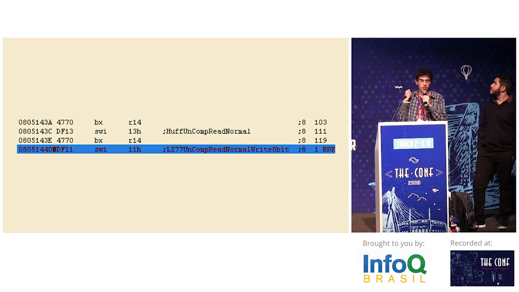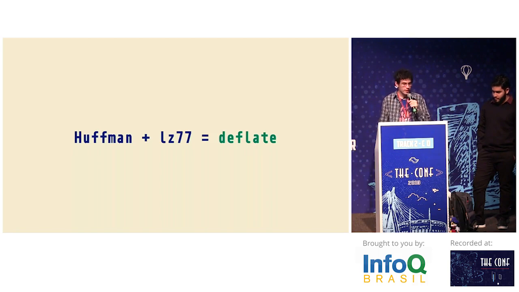Besides the divide operation, we can call some compression and decompression operations with the SWI instruction. For example, here the game calls the Huffman and LZ77 algorithms, which together are known as deflate. So when this game loads a level, it decompresses it using the deflate algorithm and saves the result in slow WRAM. Following the parameter with the address of the memory data,